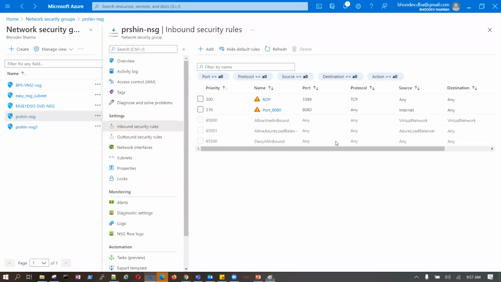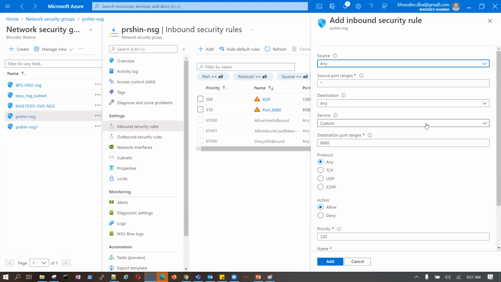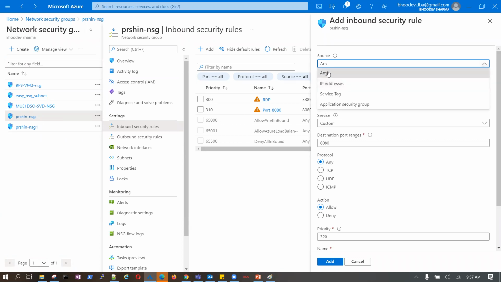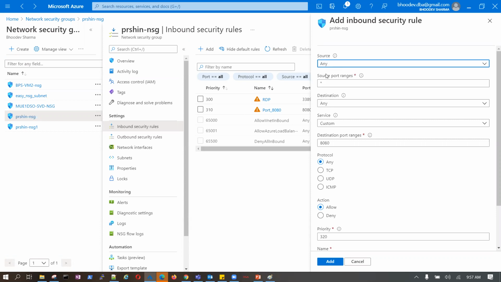Then inbound and outbound comes into the picture. I say add. Let's say you want to allow traffic from Google, from the internet, where you want to allow everything, you say any, from any IP. Now with this IP, you can also connect.